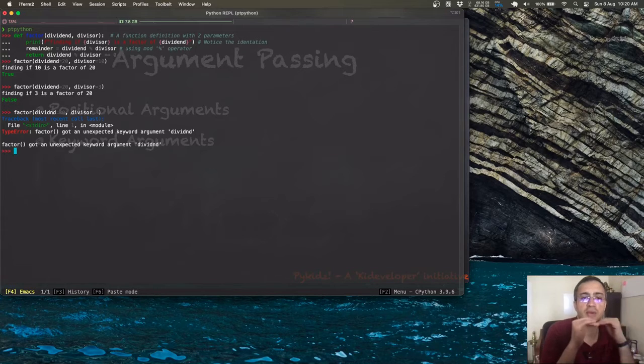So it does not match the parameter defined. This is the parameter defined as dividend, and I am passing it without an e, right? So that means that now Python would complain. Now here it's clearly telling us that this is a problem. It's saying unexpected keyword argument dividend.